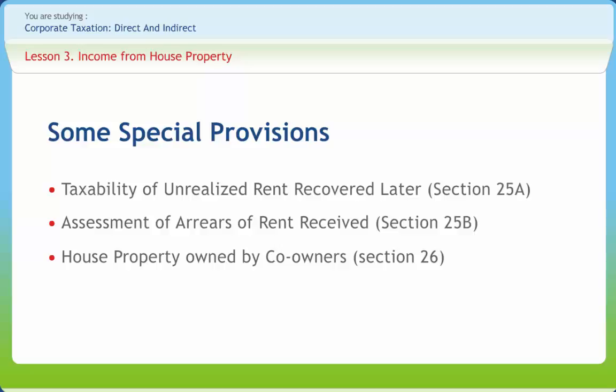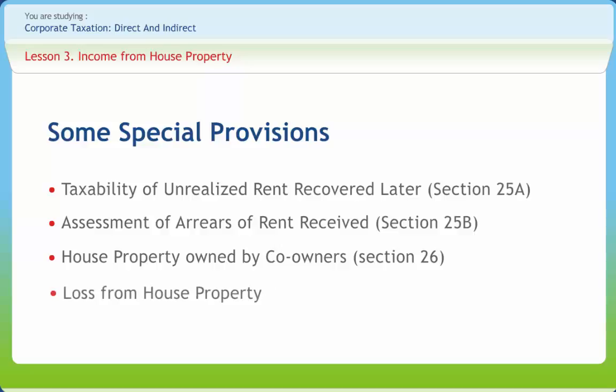If a house property is owned by two or more persons, then such persons are known as co-owners. Co-owners are not taxable as an association of persons. When the share of each co-owner is definite and ascertainable, it has been provided that each of the owners will be assessed individually in respect of share of income from the property. In other words, income from the property will be determined and allocated to each co-owner according to his share.